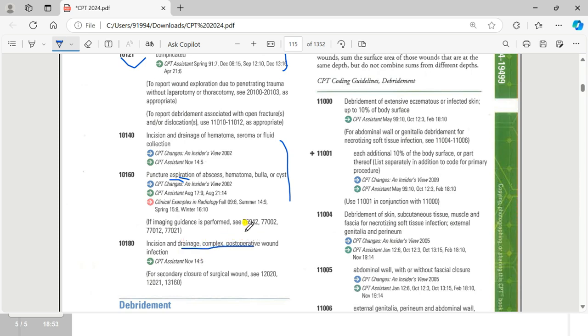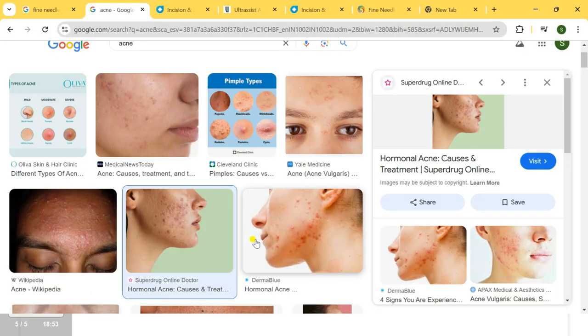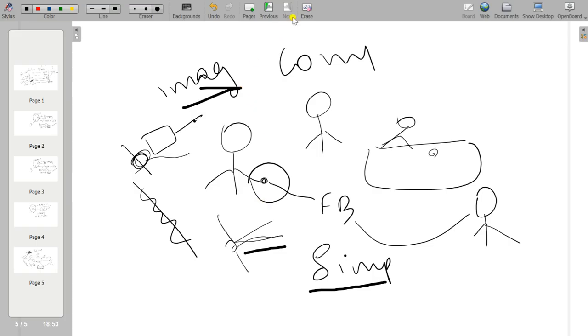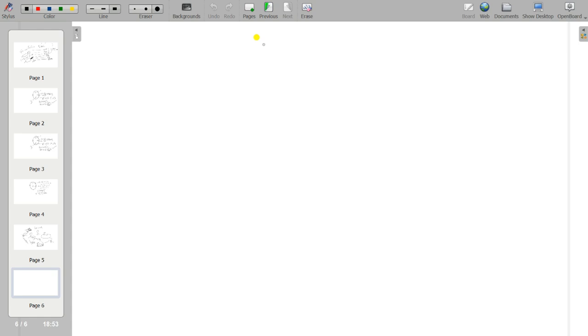10180 is I&D complex postoperative wound infection. What is the meaning of postoperative? After the surgery. For example, the patient had an appendectomy surgery just 5 days ago.